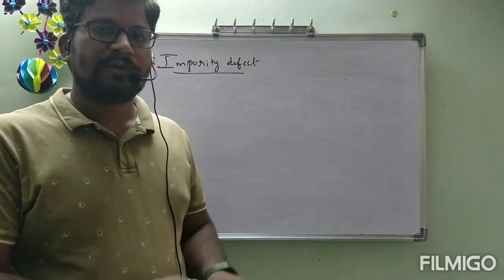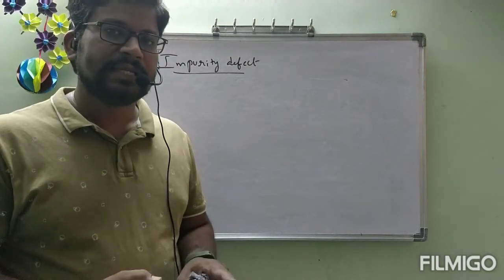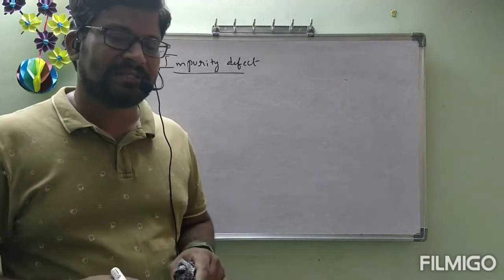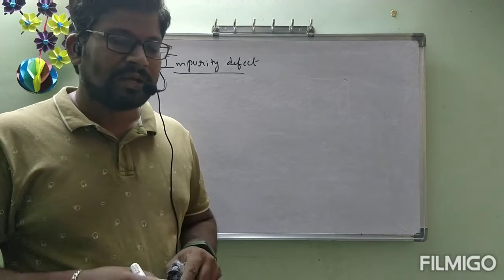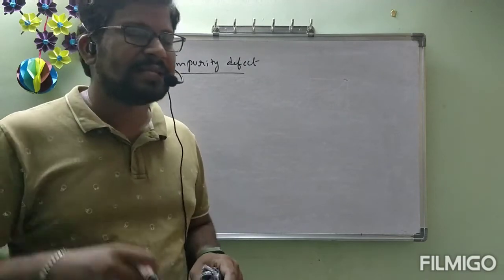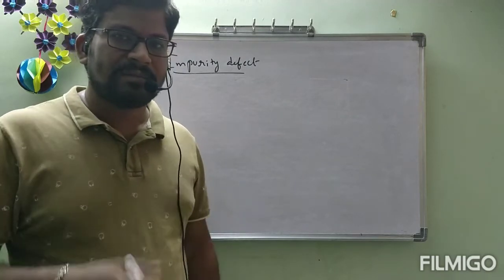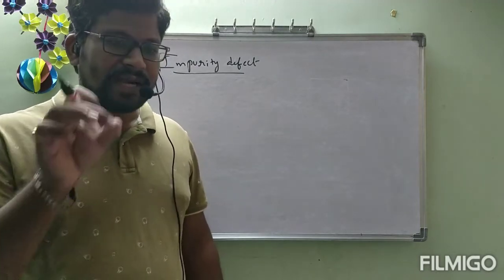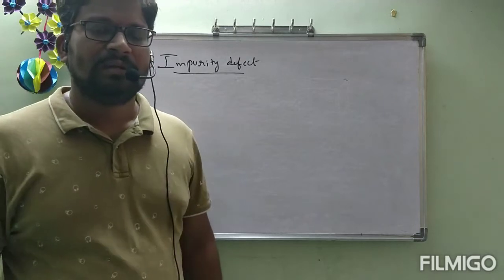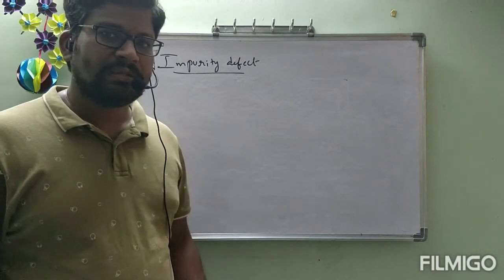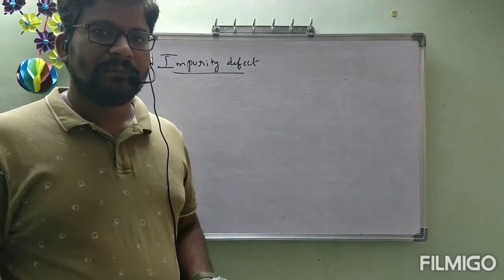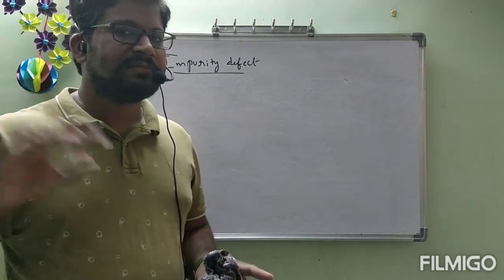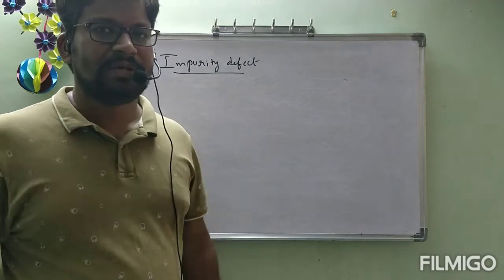We have one type of compound, NaCl. That NaCl is contaminated by some foreign substance. Foreign means another substance, completely from outside. If it happened inside only, we will not see impurity. Suppose we have pure water; whatever we do, that is a pure substance only. If you add a little bit of sand, then it will become impure. Like this here also, if you take one compound, it is contaminated by some other substance from outside. Then only it is called impurity defect.